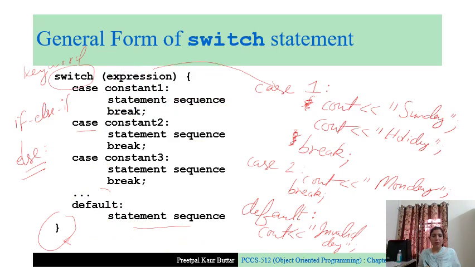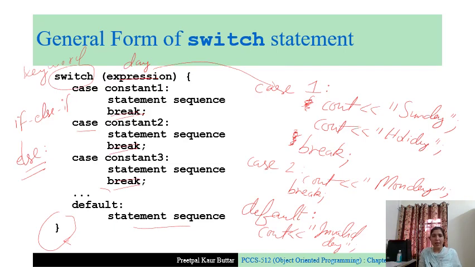Okay, so if you omit the break statement, none of the cases include this break statement. Then what will happen? Suppose this expression is day. We are checking the value of day against these case constants.